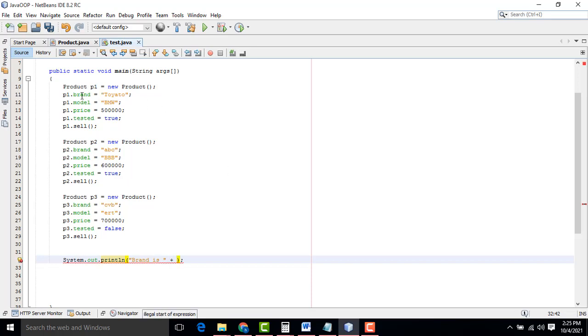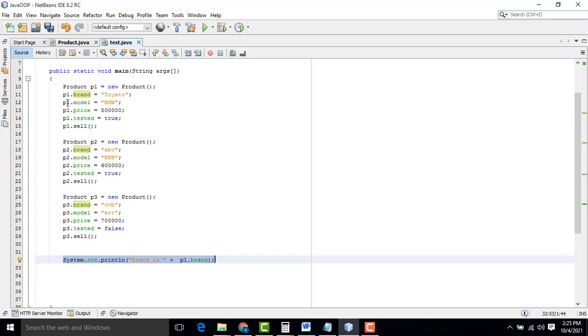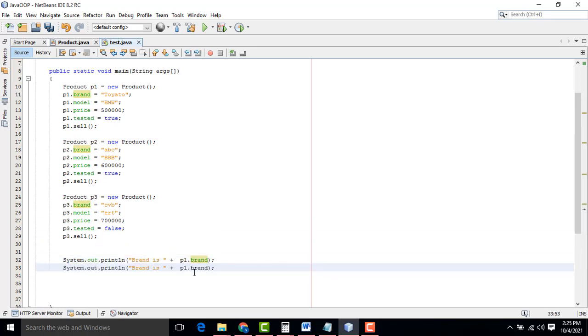Then you write p1 dot brand. It works. If you print this property, the same thing happens with the model. You have to write it like this.